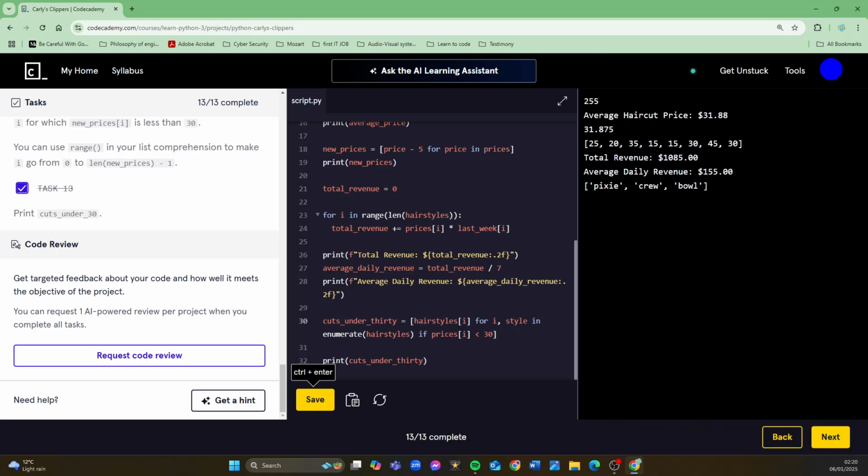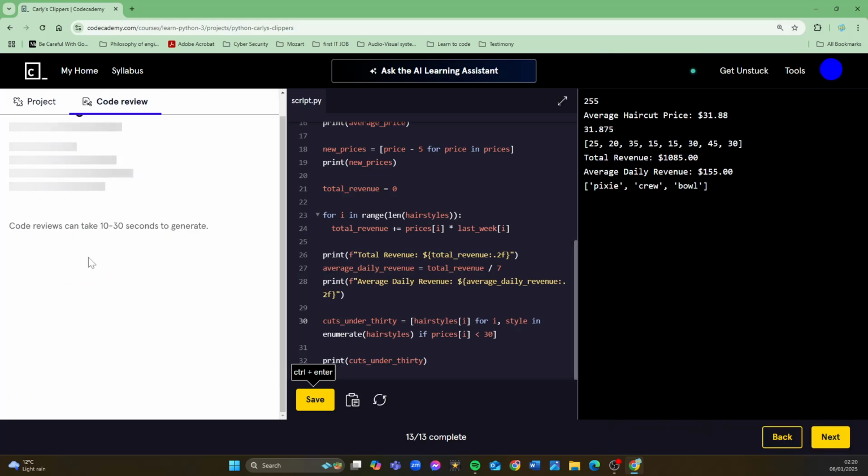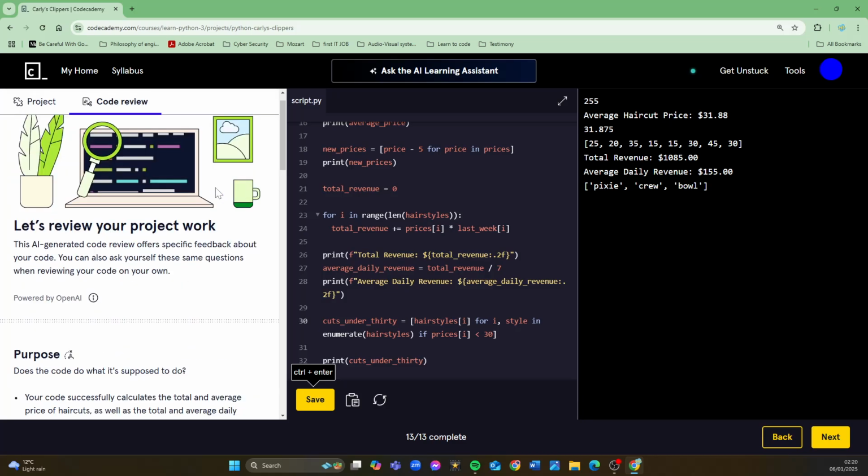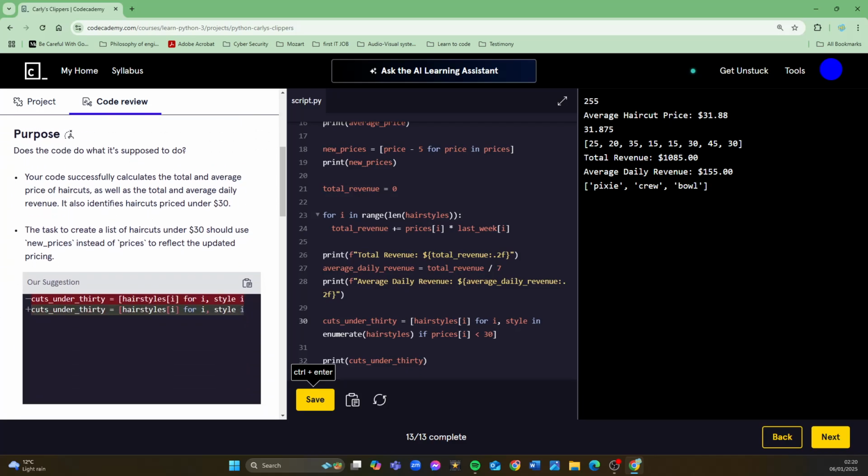Okay, let's get a code review. On purpose, your code successfully calculates the total and average price of haircuts, as well as the total and average daily revenue. And that's a really important skill, isn't it? We can calculate total revenue. First, declare the variable. Then we've got this for-in loop,